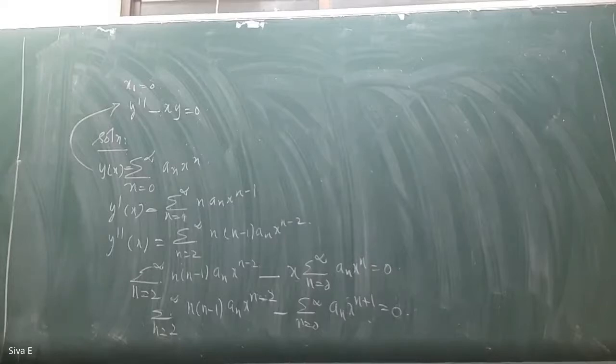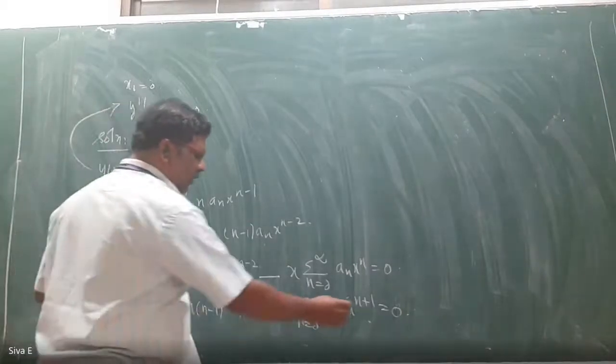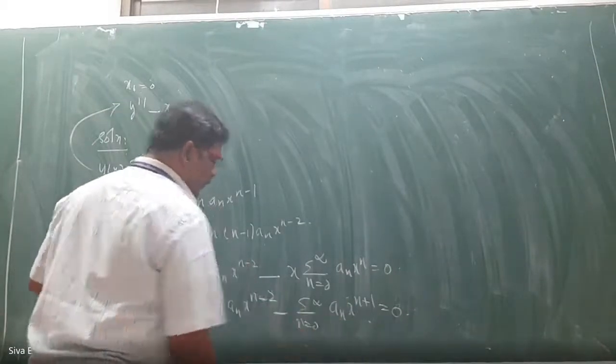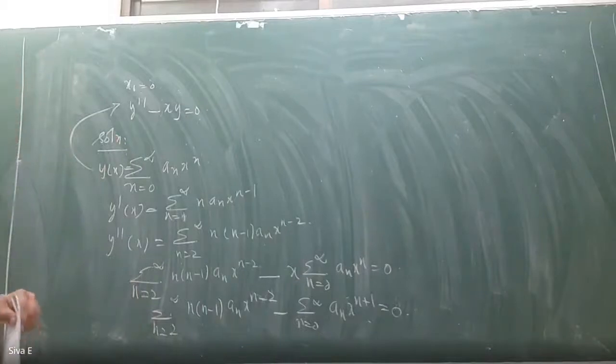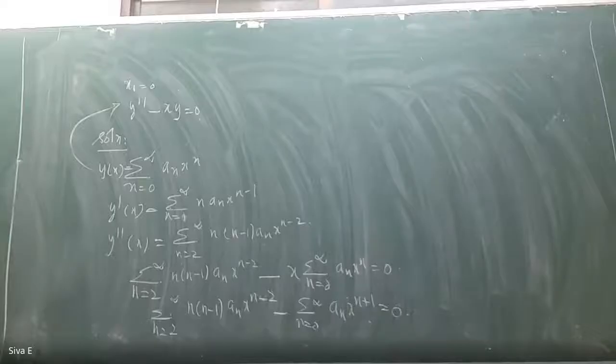So we have to take the first series and then substitute n minus 2 by n. No, no, I am asking for the resulting equation. What will be the x power n, x power n for both? Tell me the next step. Summation of n equal to 0 to infinity, n plus 2, n plus 1.